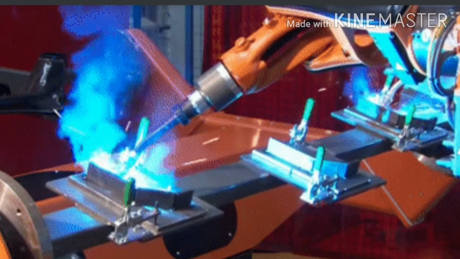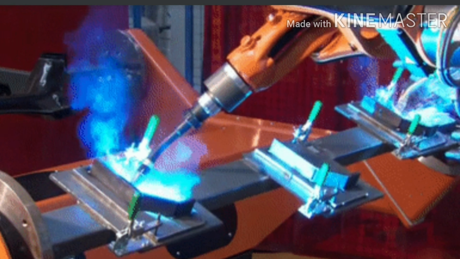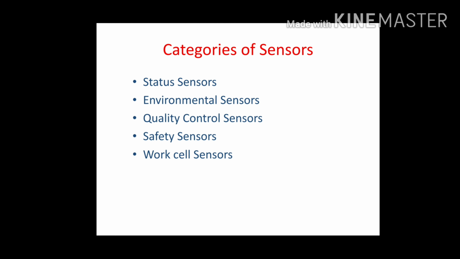The manipulator itself will have these sensors actually. If there is a power failure, all the links of the manipulator may fall to the zero gravity position instantaneously. So this may injure human beings in the vicinity or may damage the equipment or the manipulator itself. To sense such power failures and apply brakes to prevent the uncontrolled falling of the links due to gravity, the safety sensors will be used.